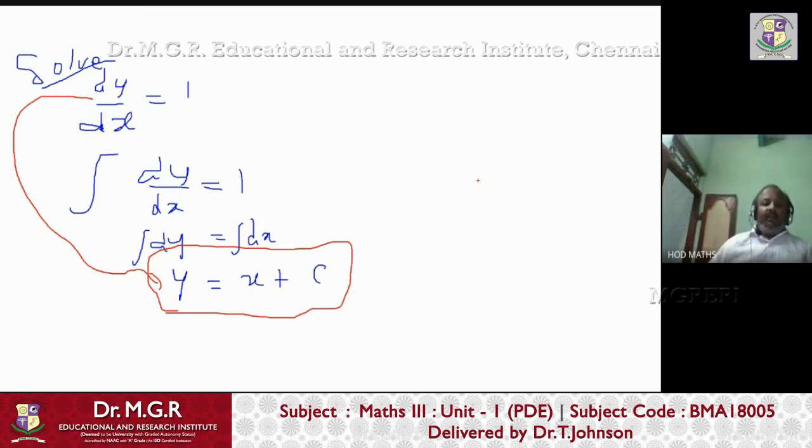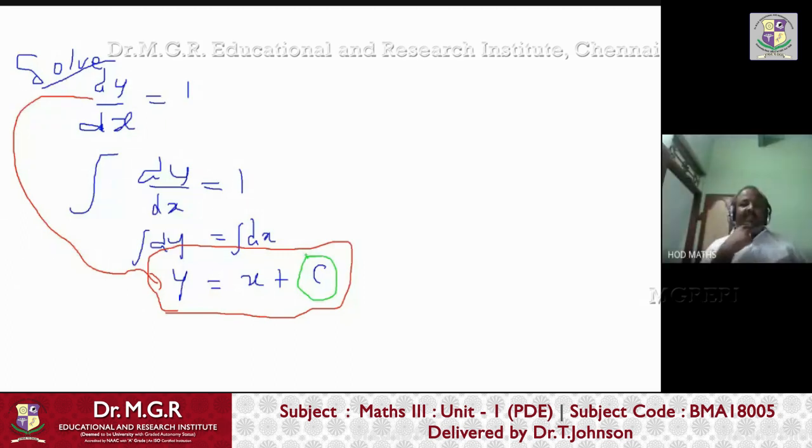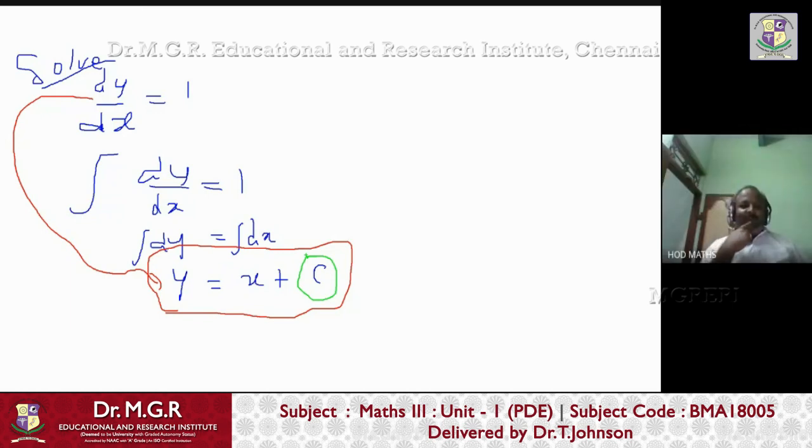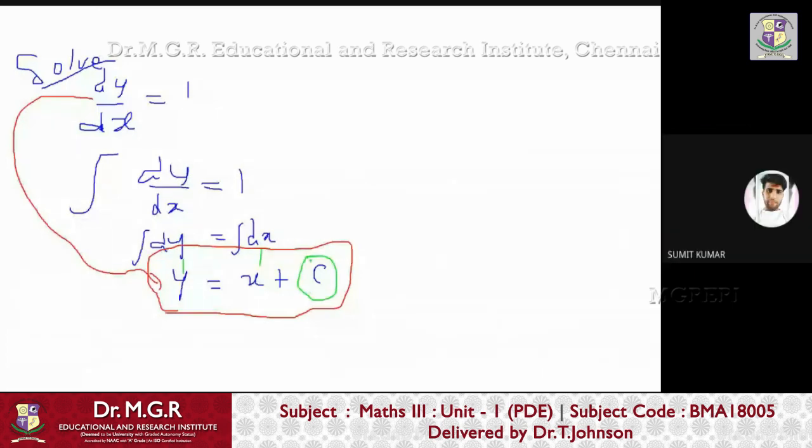So here you tell me why I am putting this c. Anybody tell me why I am putting this c? C is a constant, sir. That I know. Why are we putting that c whenever integrating? Because the integral of dy is y, the integral of dx is x. Why do we unnecessarily put c? Anybody knows? Integration rule? No. Because you don't know the value. Why don't we know the value?